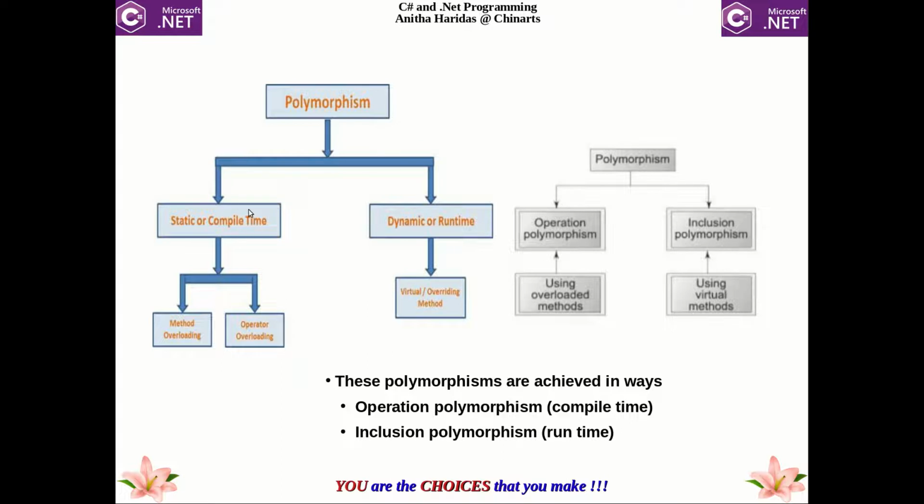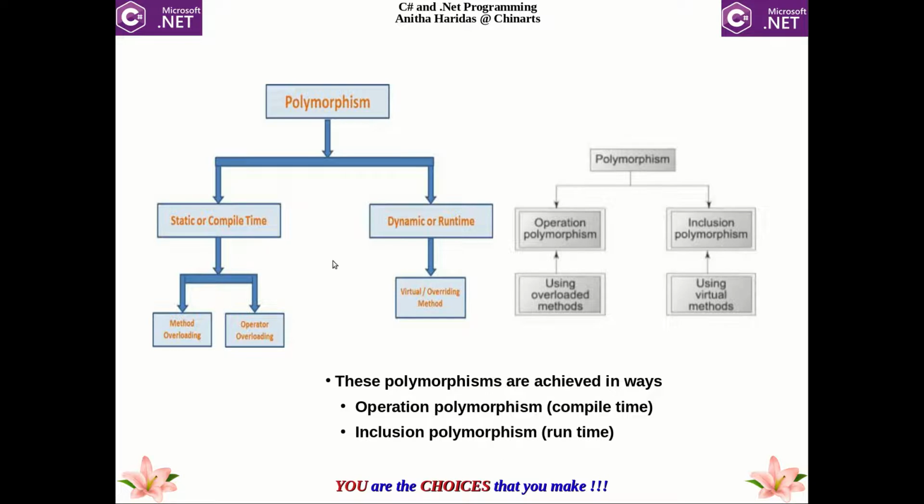The static binding or compile time polymorphism is known as operation polymorphism. The dynamic or runtime polymorphism is known as inclusion polymorphism. Please note, static or compile time polymorphism is operation polymorphism, and dynamic or runtime is inclusion polymorphism.